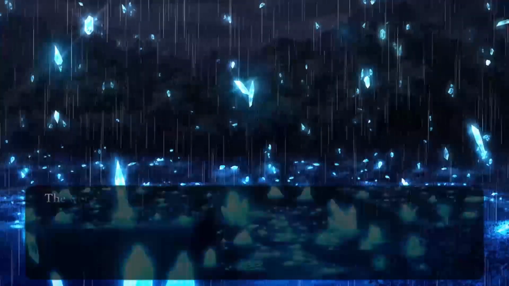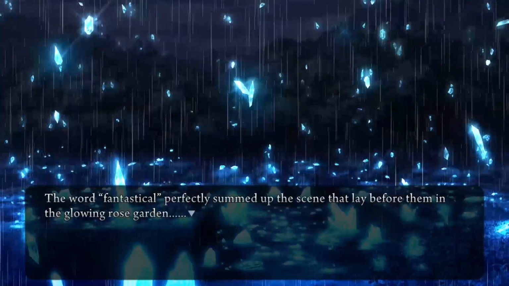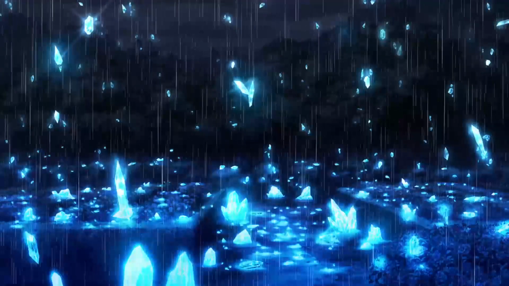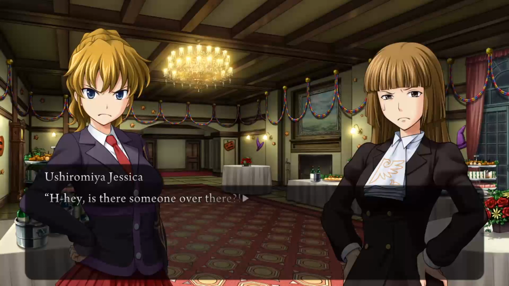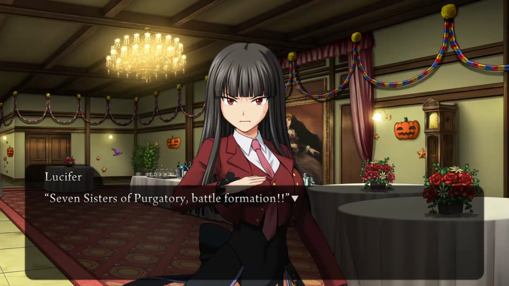Outside the window, countless small objects, crystal fragments glowing pale blue, lay strewn about everywhere like fallen hail. The word fantastical perfectly summed up the scene that lay before them in the glowing rose garden. 今あそこ何か動いたわ。おい、あそこに誰かいるぜ。I mean, I would hope not. いや、あの光るかけらから、Oh god. 人影が生え出してる。煉獄の七姉妹戦闘態勢。